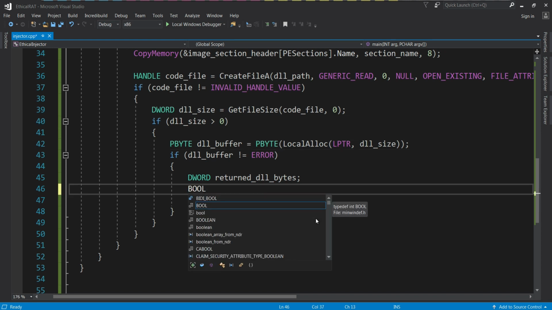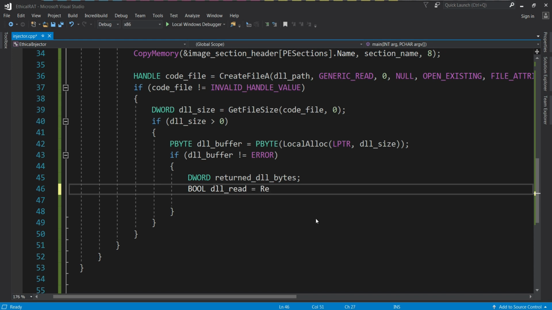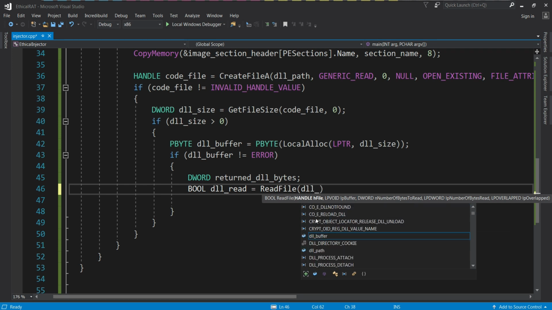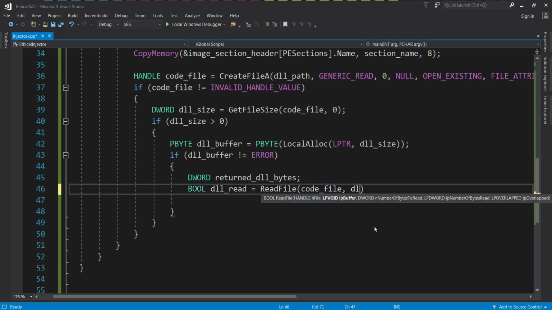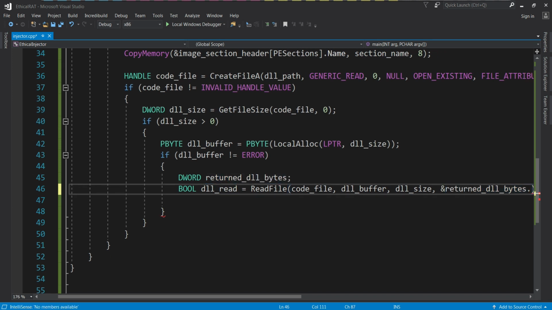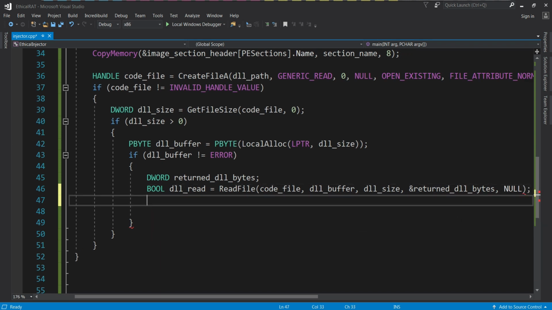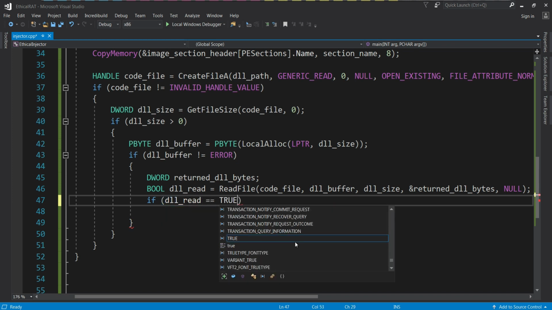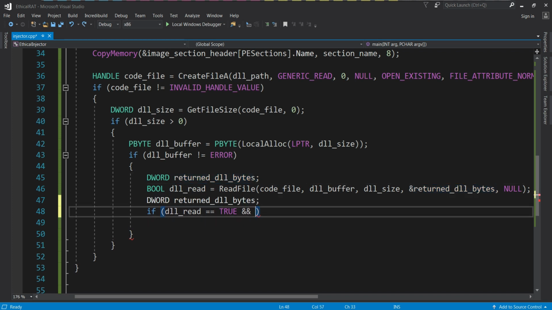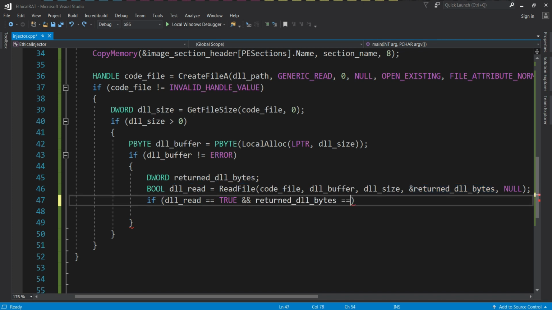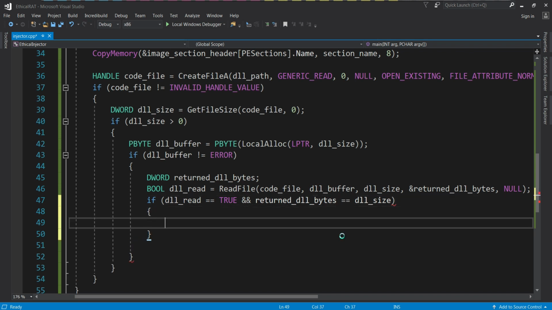So bool DLL read equals ReadFile, and then the DLL, this will be the code file, and then the DLL buffer, inside the DLL buffer DLL size, then we dereference the return DLL bytes, and here will be null for overlap, we don't care about that. Okay, now if this DLL read is true, no errors, and also like above, if this return DLL bytes equals exactly the DLL size,